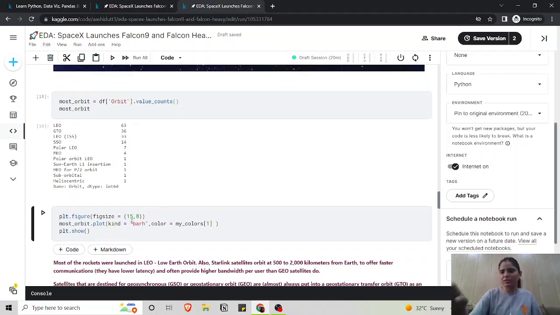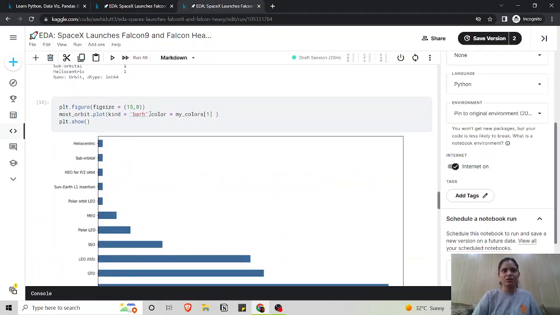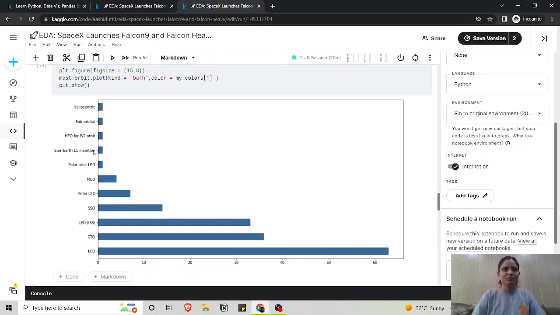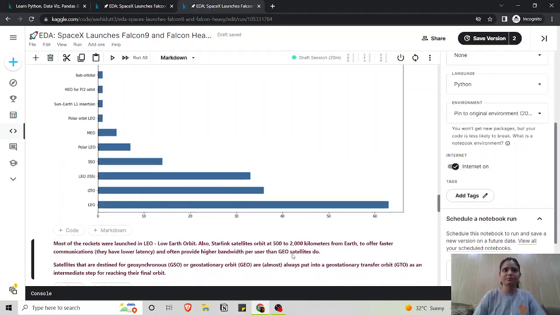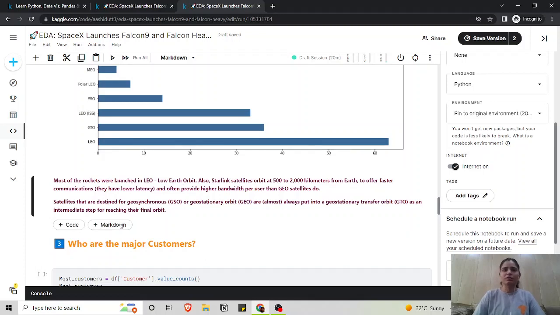Let's just plot it. I am using a bar plot. This h means horizontal, just changing the orientation. So we can see here that LEO orbit has been used the most. So most rockets were launched in LEO, low Earth orbit.